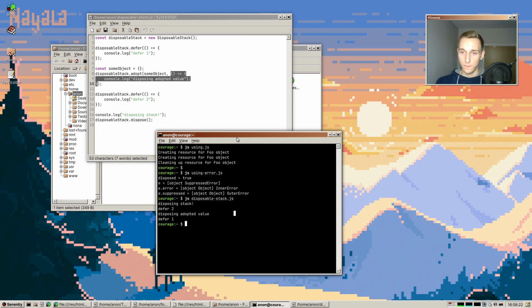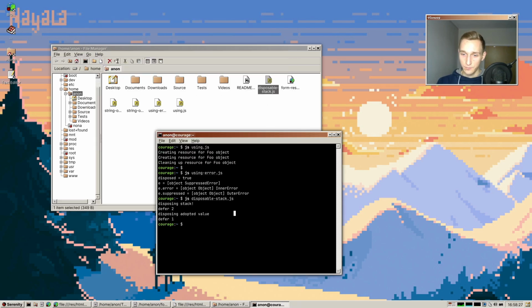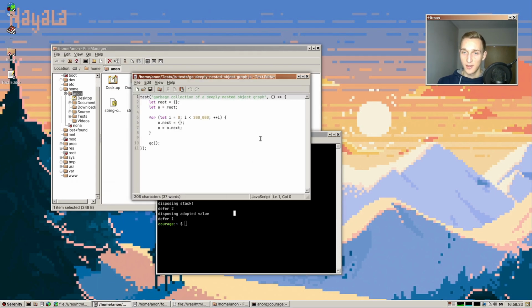And some smaller stuff. So Andreas has done a very interesting fix in the GC, which I want to mention. So let's look at this example, which just makes an object and then assigns a next property, which is also an object, and then it assigns another next property to that, and so on. So this is a very deeply nested object graph with objects referring to other objects, and then we run a garbage collection. And previously that would crash the engine with a native Stack Overflow, so the C++ stack would just reach the end and the program would crash,